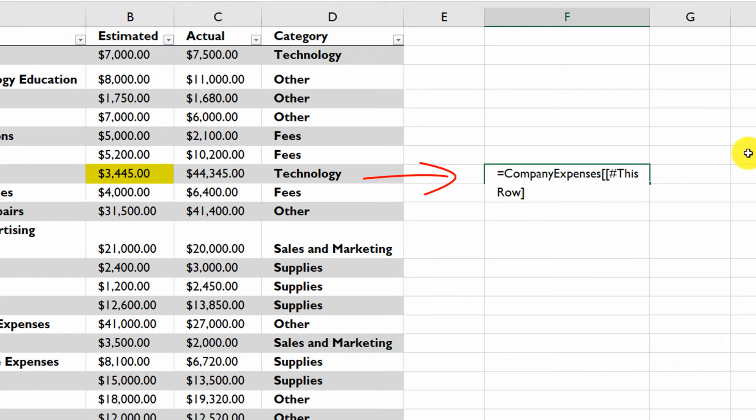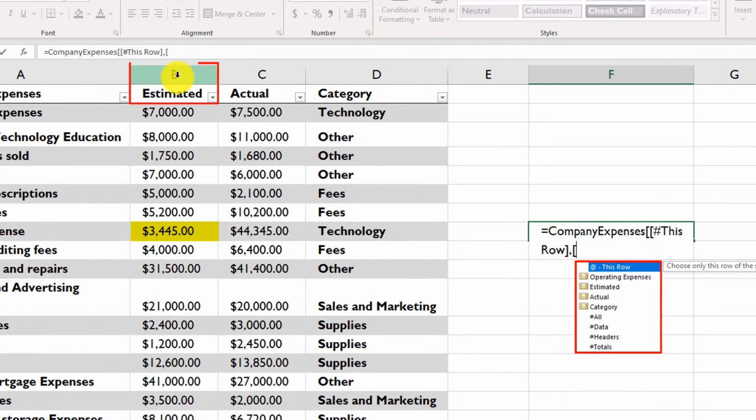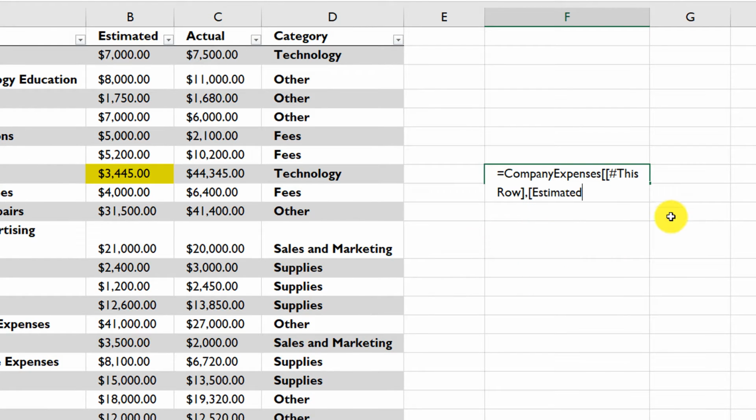And then I am going to close the square brackets and open another square bracket here to specify which particular column I'm interested in. Instead of referencing the column by B, I'm going to reference the column by the actual name, which would be Estimated. And when I close the double square brackets, that should return the exact value of